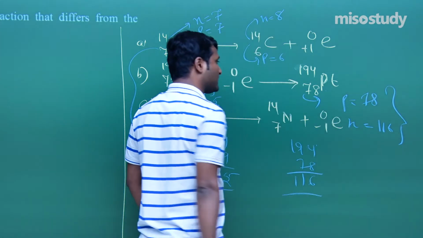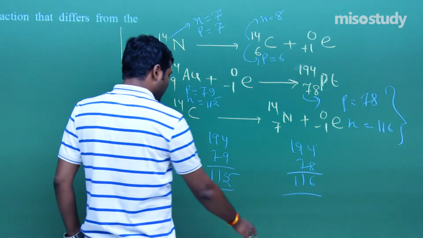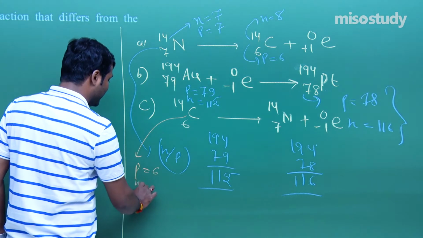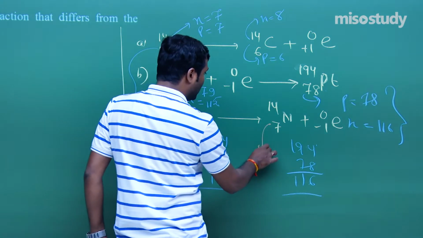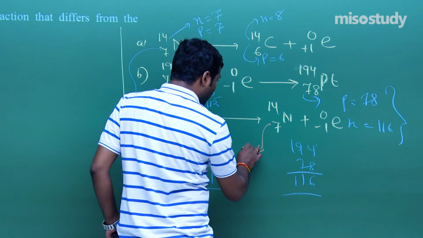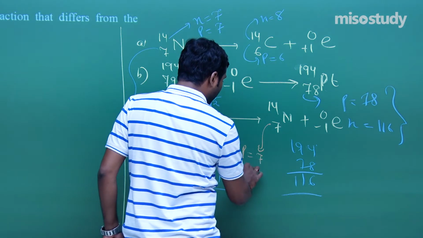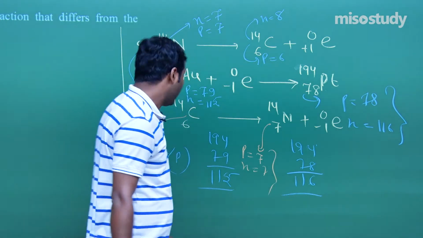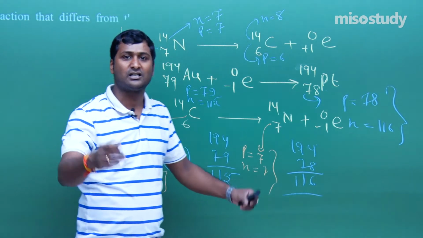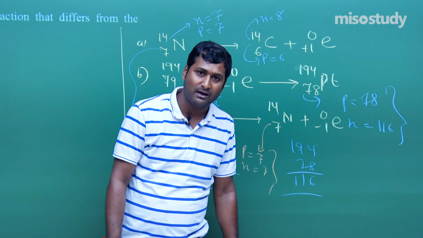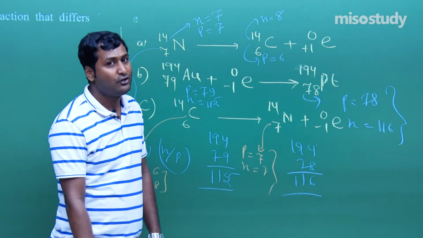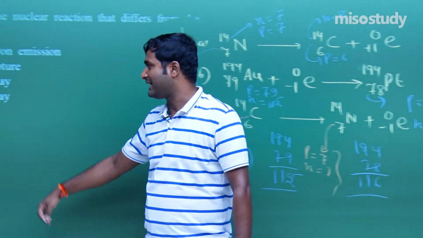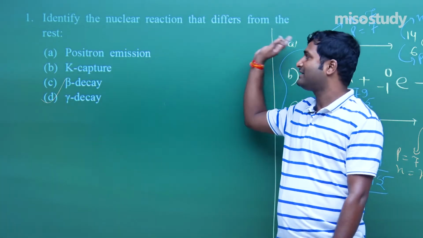Look at, there are changes taking place. Now if I talk about carbon, as I told you earlier, the protons are 6 and the neutrons are 8. If I talk about the nitrogen here, the number of protons is 7 and the neutrons are 7. Look at, in each and every case the N by P ratio changes. But if I talk about the gamma decay, which is just a radiation, am I right, my friend? Yes, sir. This is just a radiation. So this reaction differs from all the others. So for this question, we people can say D is the correct option, and this is the detailed solution.